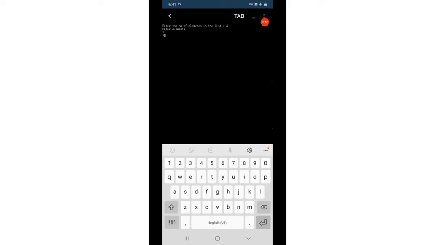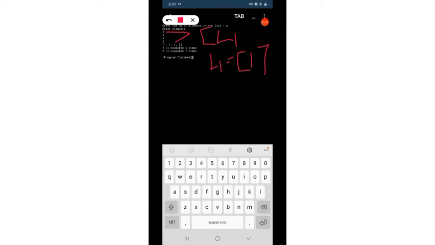4 1 1 1 2. So you can see 1 is repeated 3 times, but that statement is repeated only one time, because the first element, that is 1, is moved to list L1. Then it will check whether 1 is present in list L1. It is present, so it will not be added into list L1. Now 2 will be added. So this repetition of the statement is avoided.